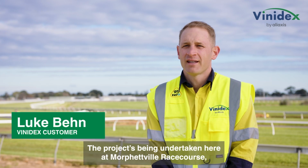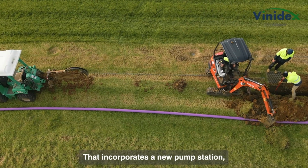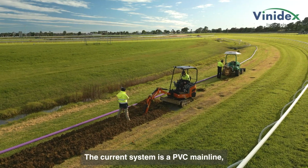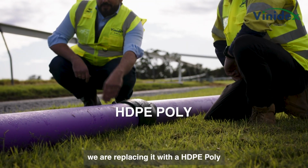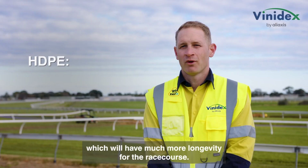The project being undertaken here at Morphettville Racecourse is a full irrigation upgrade. That incorporates a new pump station, all new main lines and sprinkler upgrades. The current system is a PVC mainline. We are replacing it with HDPE poly ranging from 315, 160 and 110, which will have much more longevity